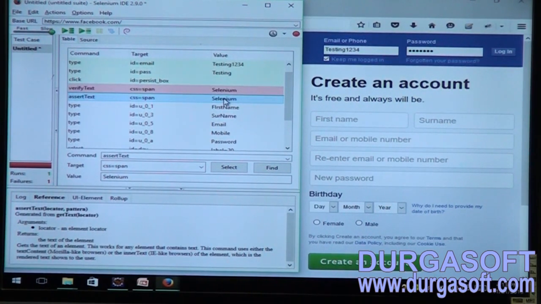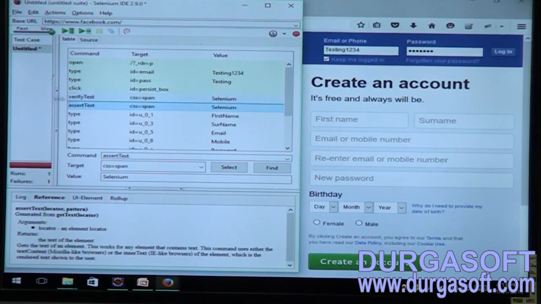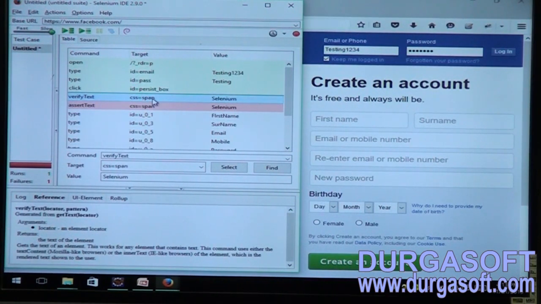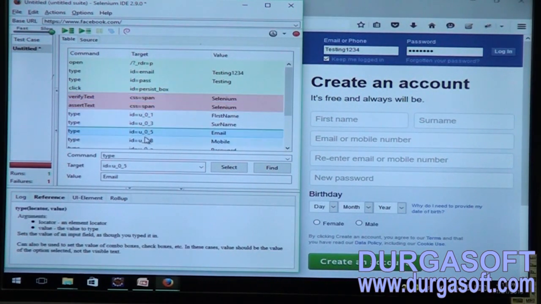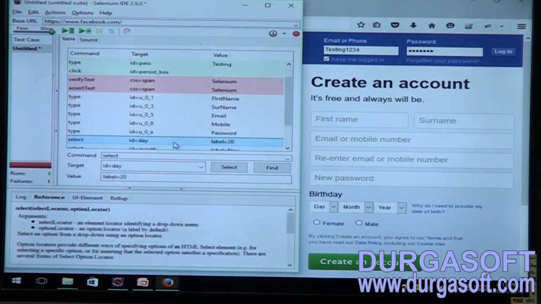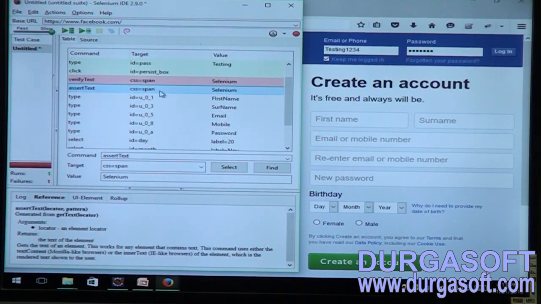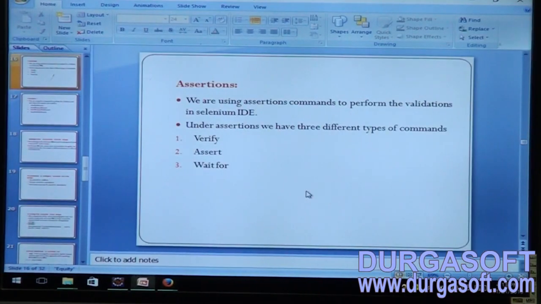Compare the assert command with the verify command: when the verify command fails, it says that this step failed and continues executing the next lines, right? When it comes to the assert command, team, if the test step fails, it will stop the script execution there itself. Fine. Let us see the next validation command, that is wait for.